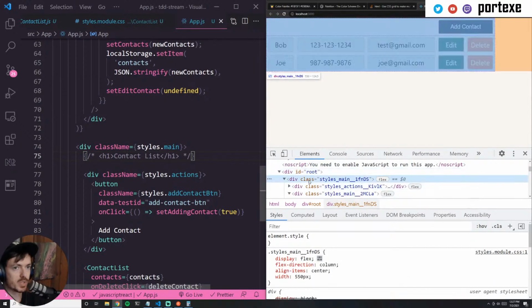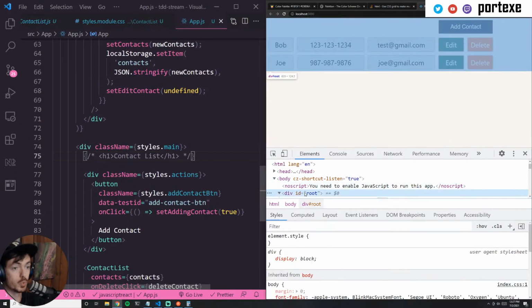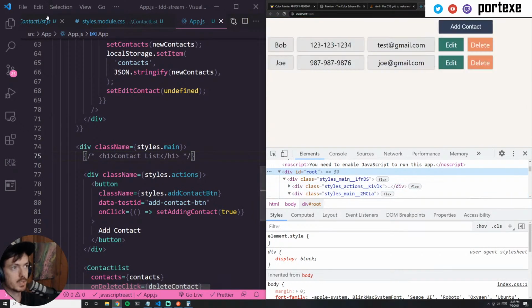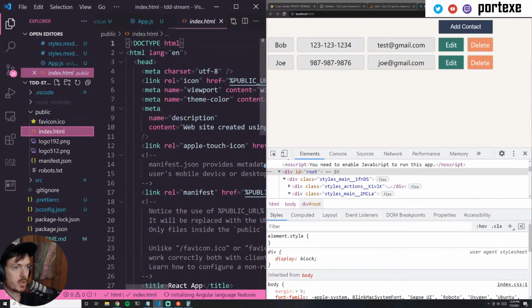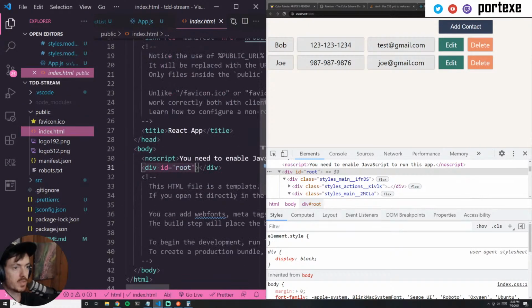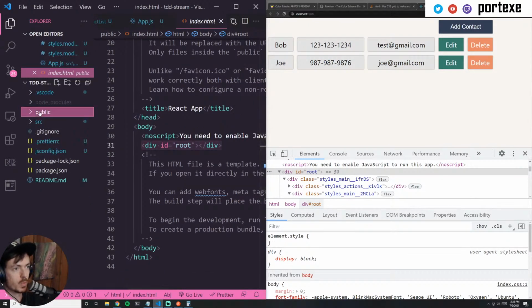What is the outermost container? It's right here. It's this main right here. So there's the root, and that is really like the main thing. So if we go to the public folder and look in the index.html, we know that we have this div with an ID of root that the entire application gets injected into via React. We can target that in